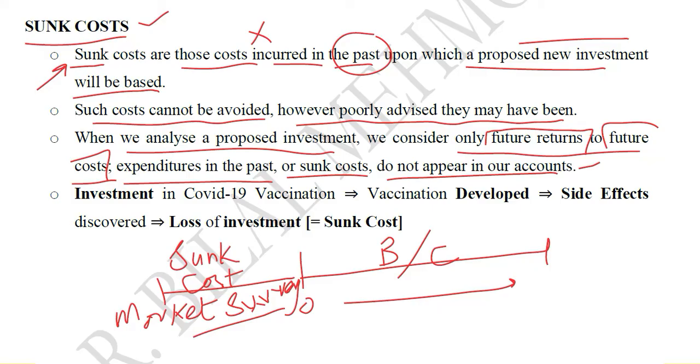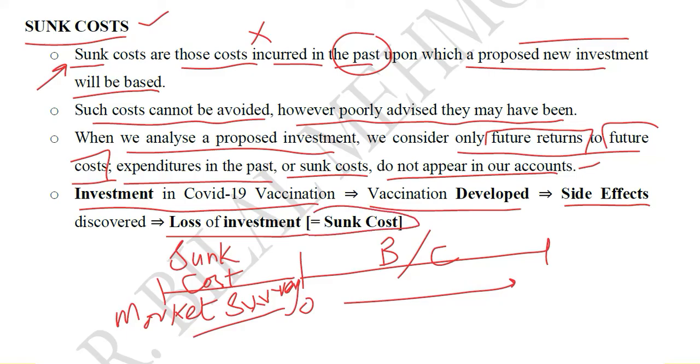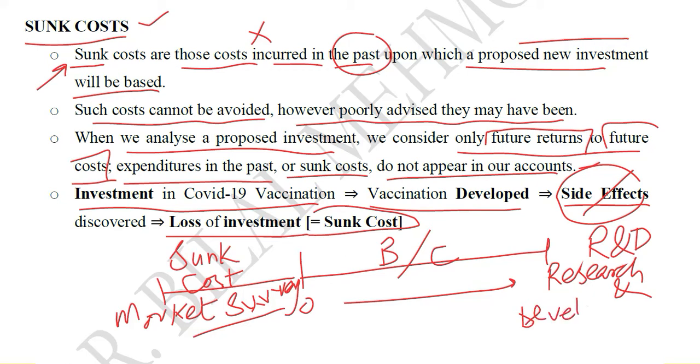There is a very recent example of this. For example, if we are talking about the investment in COVID-19 vaccination, if this happens, we have done some investment in COVID-19 vaccination and the vaccination gets developed, but we find that there are side effects of it. So if there are side effects, the loss of investment will take place and all of it will become the sunk cost. So you see, sunk cost is definitely something we cannot recover, and even if the side effects are absent, still the R&D expenditure, as we call them, research and development expenditures